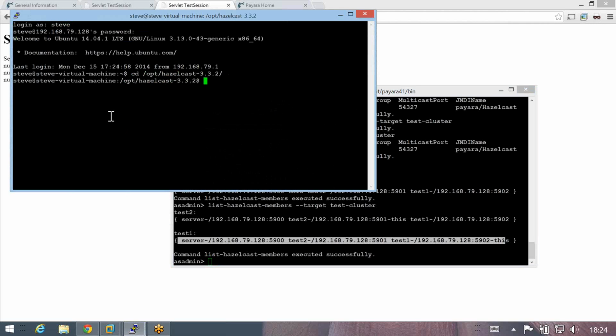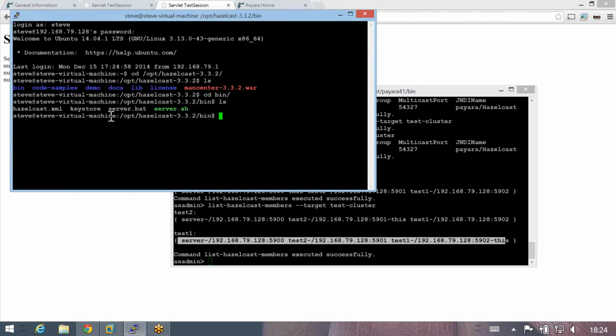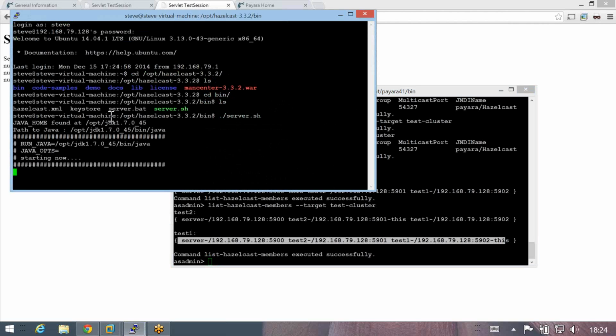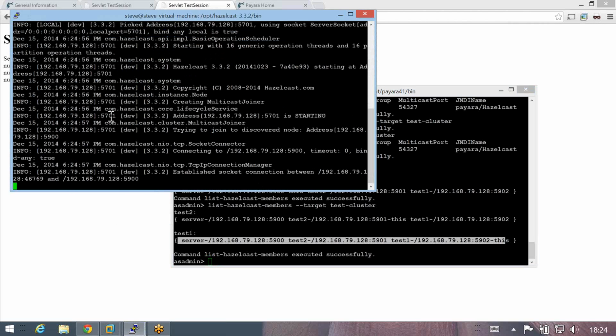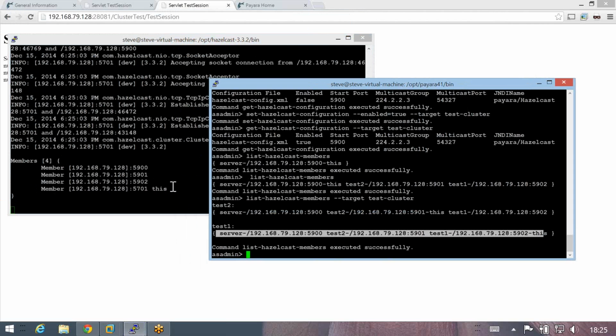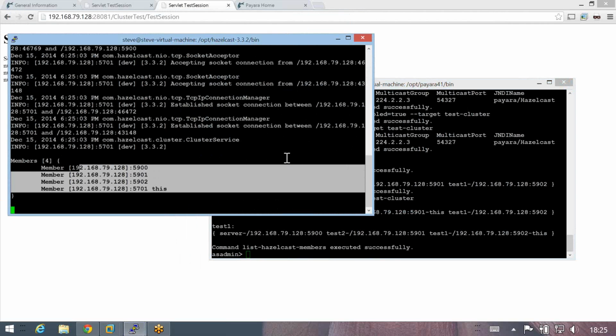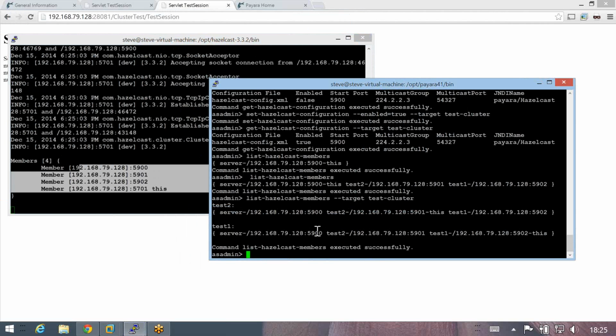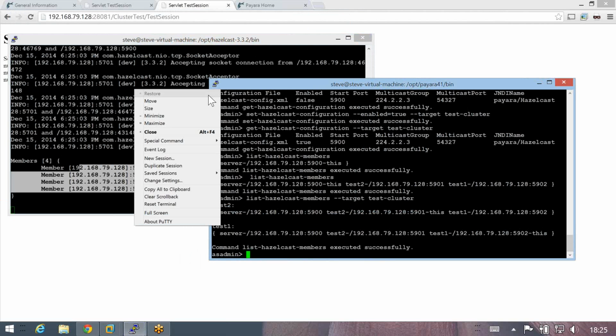So we go into a standard Hazelcast installation, go into the bin, and basically start the standard server. Because we're using the standard ports, this will join our Hazelcast cluster. And you can see as it boots up, it thinks there's 4 servers, which there are, 4 nodes. And these are these 3 here, plus itself. If we fire another couple of these up,